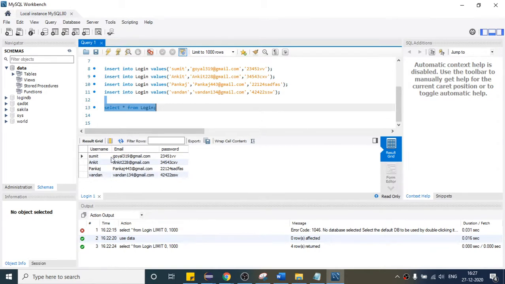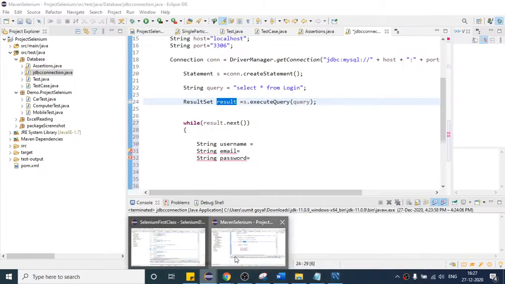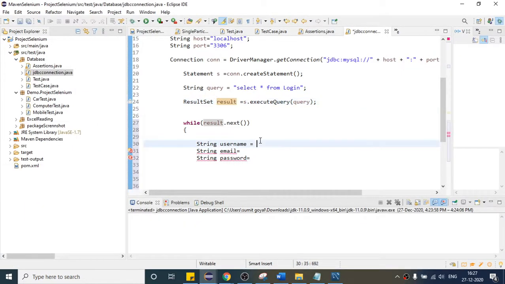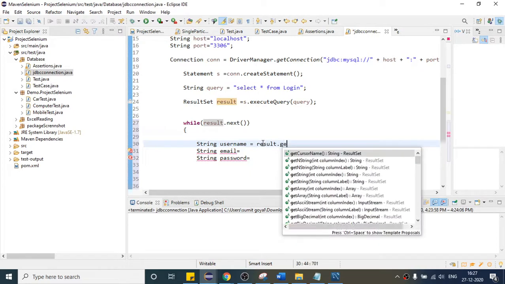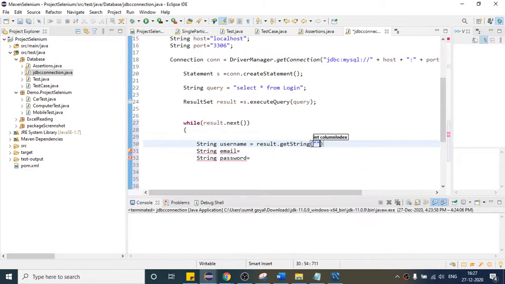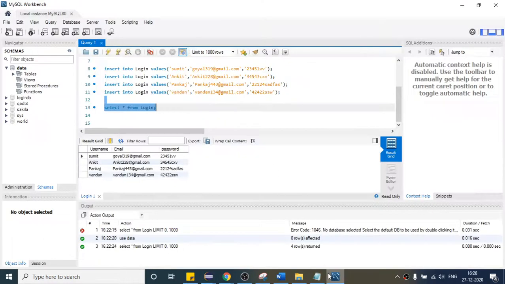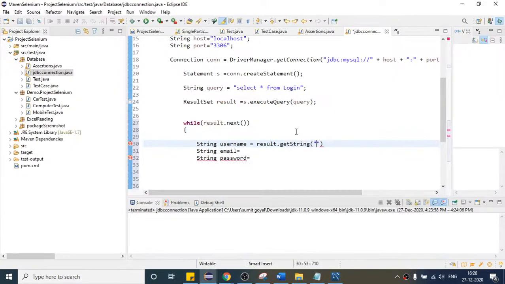So how can you get the username? You can write result, it will have all the data, dot getString, and here you say I want to get the username. So let us see how it is written, capital U. So it will give you the username.